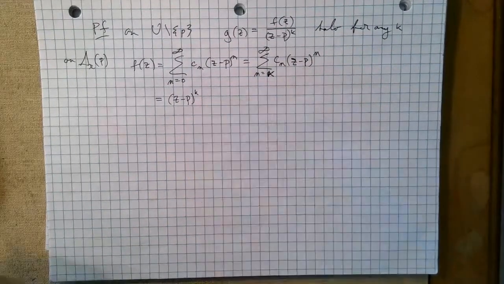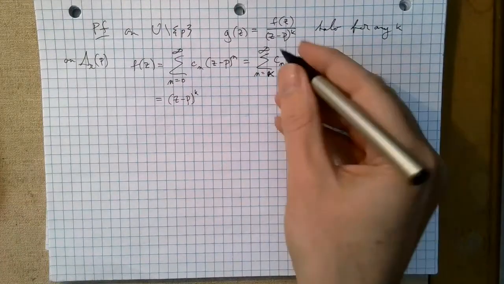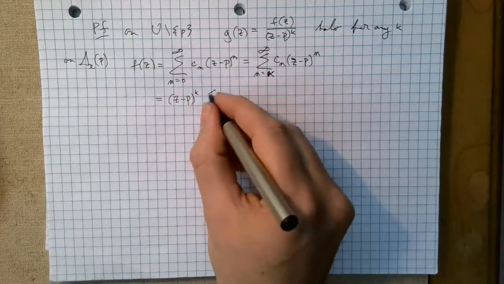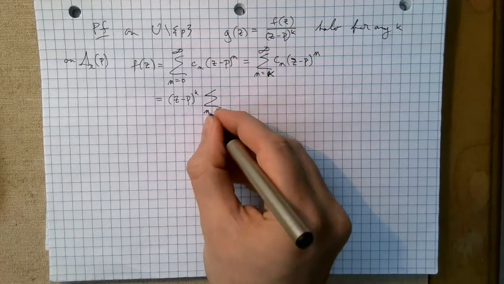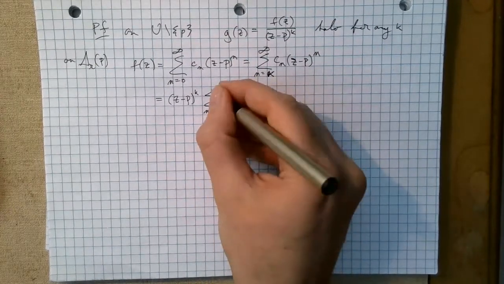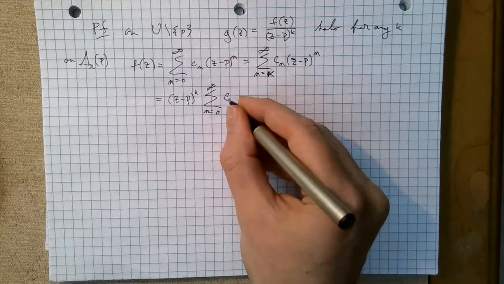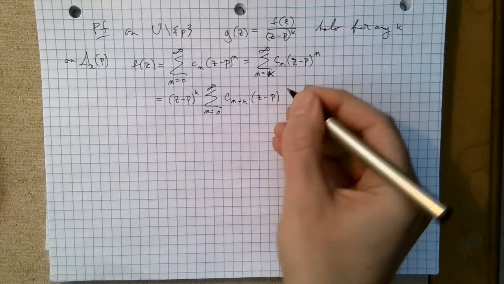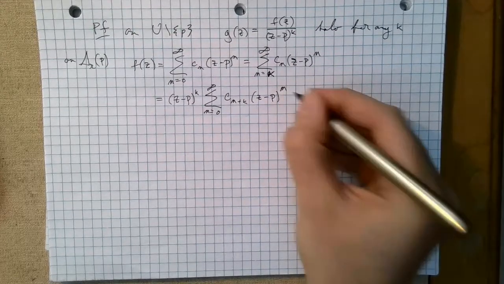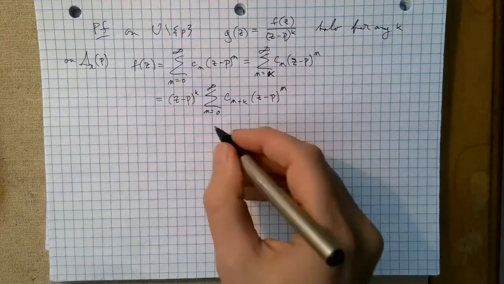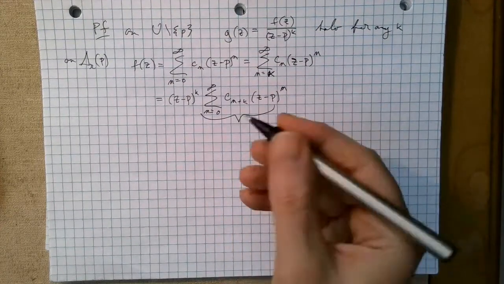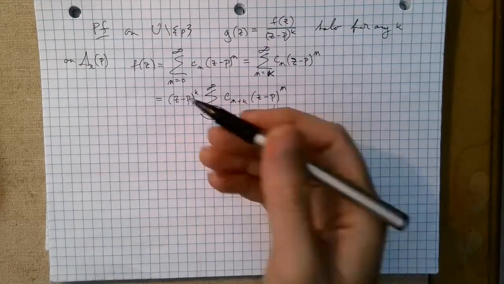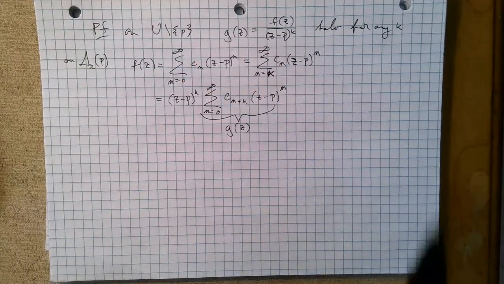I can pull out a factor from the limit with no problem. Let me reindex: c_{n+k} (z minus p) to the n, right? Now this guy, we can let this be g. If we let k be that k, the smallest